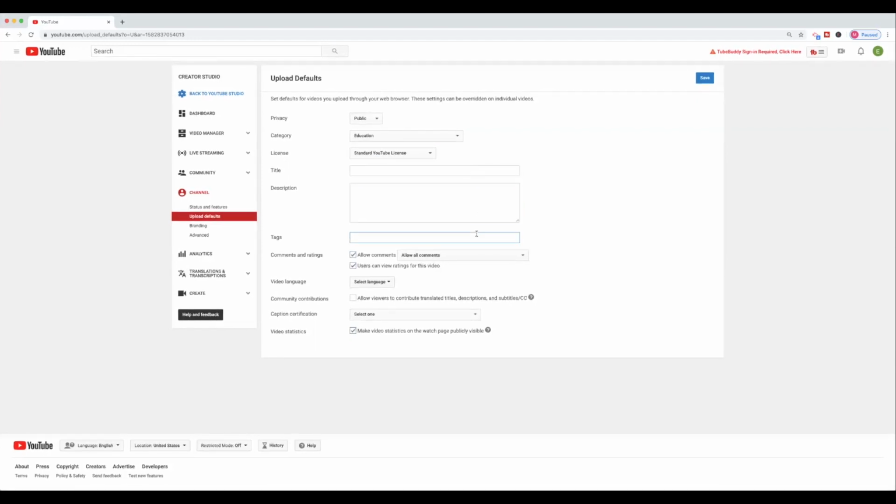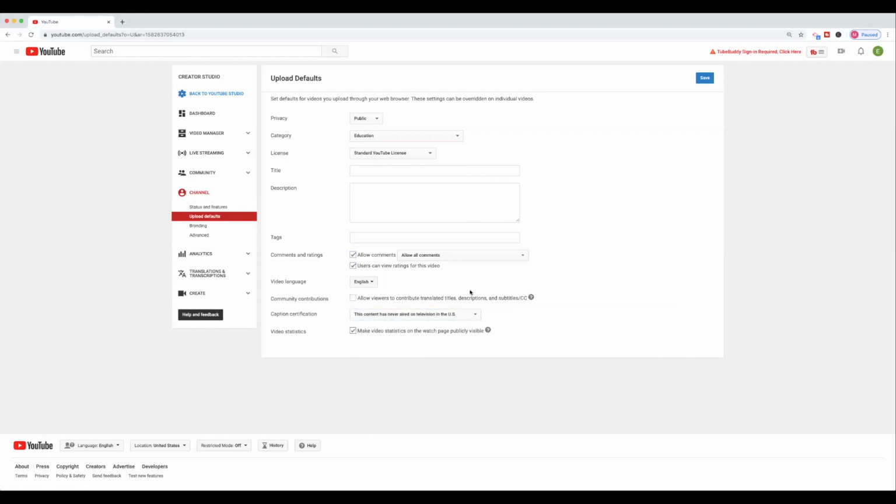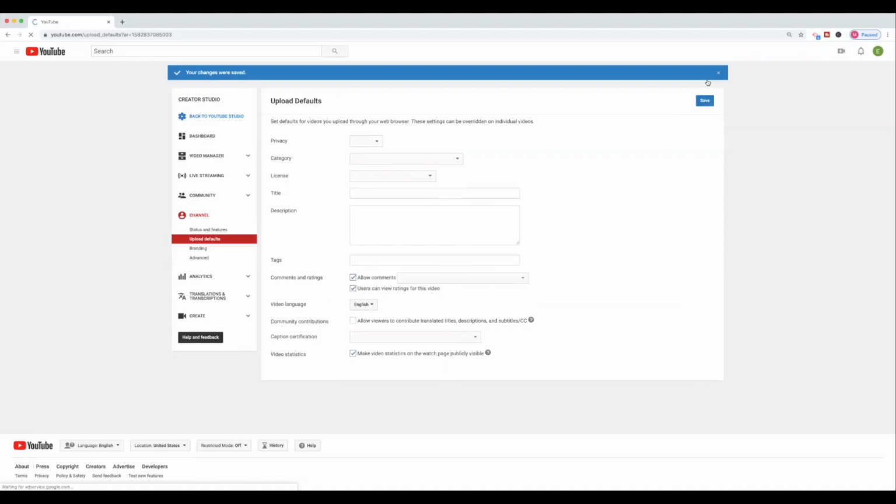Now, once you've done some research on the proper tags for your channel, you would insert them there, and always select the language your video is going to be in. This will help with subtitles and closed captions. Other than that, you are set. Make sure you click save at the top right corner, and we're going to move on to our next section,